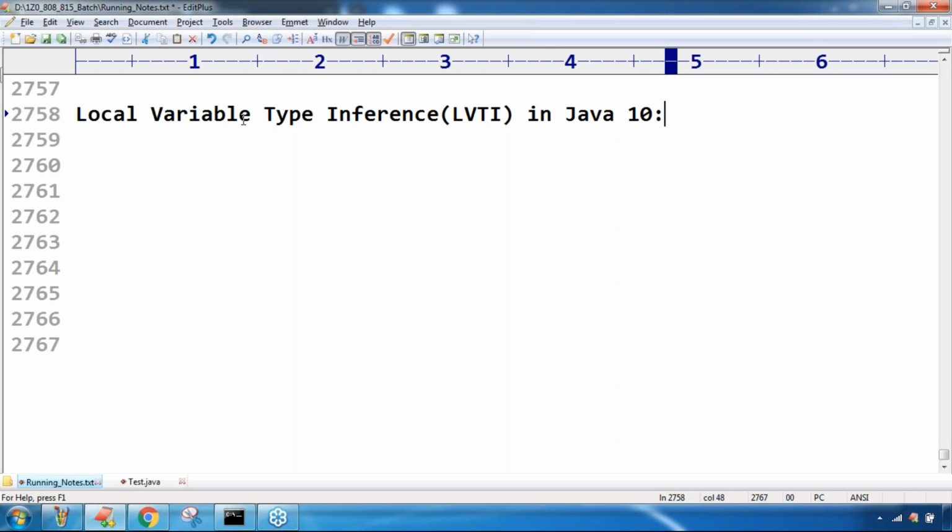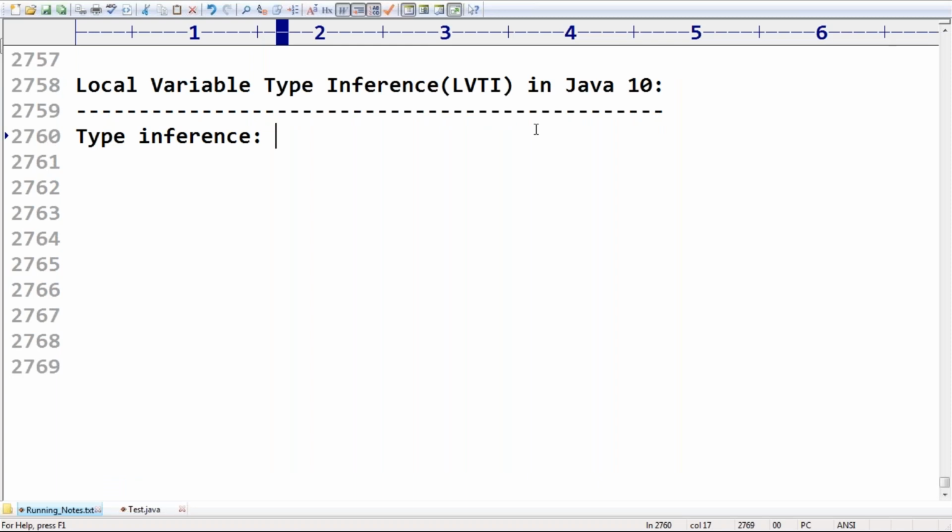Sir, what is the meaning of type inference? Very simple: automatic detection of the type. Automatic detection of the data type of a variable. Here the compiler automatically identifies the type based on your provided value.